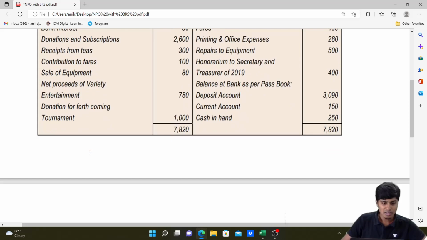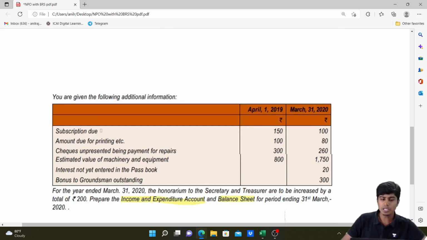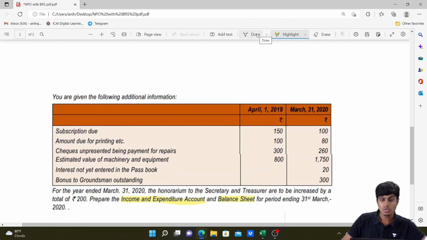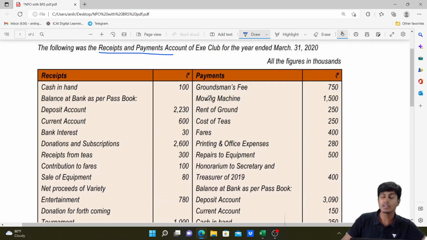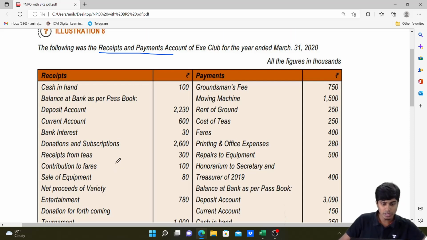To start with, we have in the beginning subscription due. Subscription due is an item which would require a ledger account. So let's see on the receipt side, do we have subscriptions here? Yes, we do: donations and subscriptions. So I will prepare a ledger account for subscription,